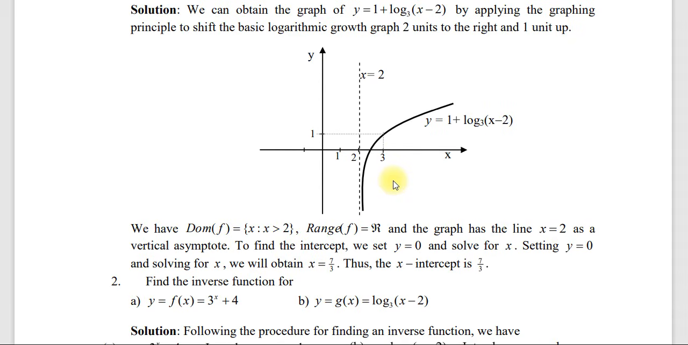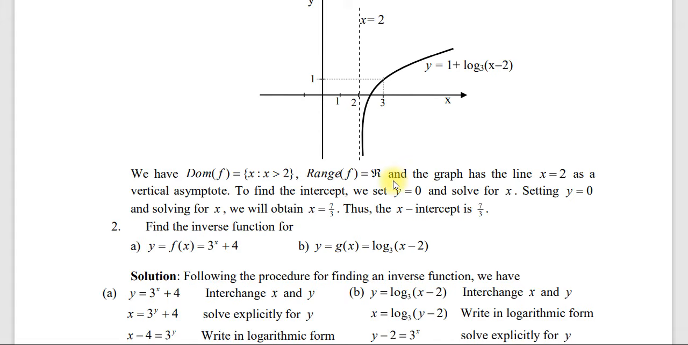ስለዚህ ይሄን ይመስላል። To find the intercept we set y is equal to 0 ብለን እንሄዳለን። y which is equal to 0 ብለን ስንሄድ ምን ይሆናል? ይሄን ወደዚህ ስናመጣው ኔጌቲቭ 1 ይመጣል። Negative 1 which is equal to log x minus 2 in base 3 ይሆናል። So setting y is equal to 0 and solve for x we will obtain x which is equal to 7 over 3. Thus x intercept is 7 over 3 ይሆናል። 7 over 3 ማለት ያቺ ፖይንት ነች።